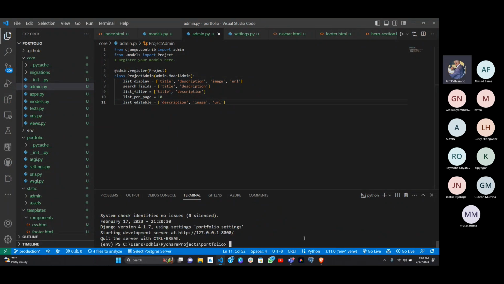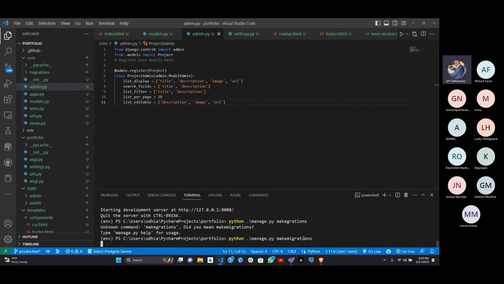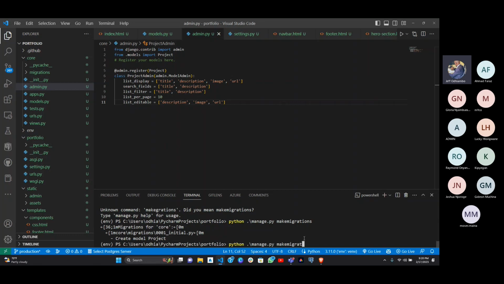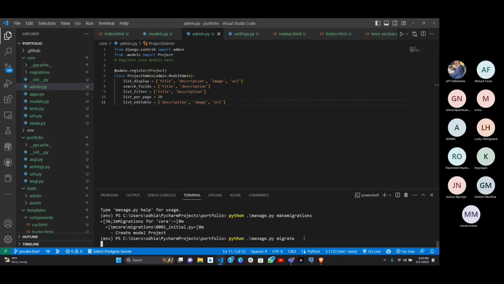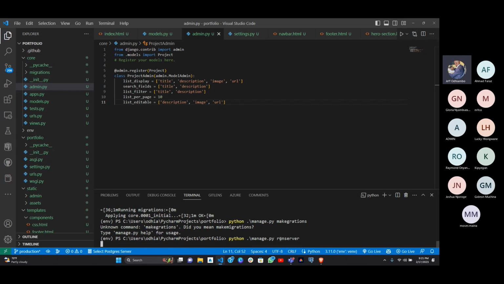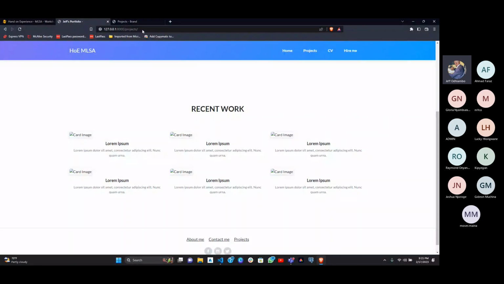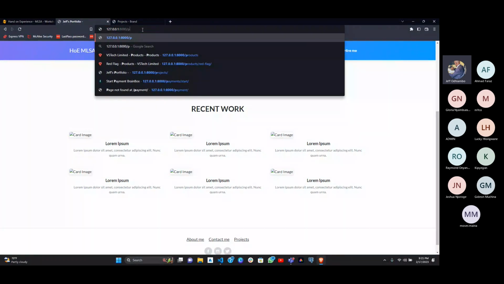Yes, and we are going to make migrations and migrate the same way we did it the first time. Make migrations. Yeah, and we are going to migrate now. We're going to run our server. Now, if the server is running and I go back to my admin panel, we had changed it to /MLSA, right? So if I go back to /MLSA,